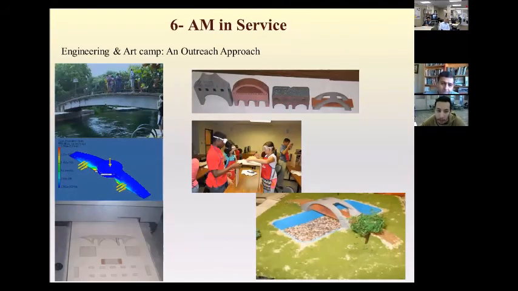Then I want to talk a little bit about using additive manufacturing for service. We use that extensively for outreach from K-12, from the kindergarten all the way to 12th grade. It's been very, very helpful, very successful. I see some students after many years, they come to the engineering program just because they were involved in some of